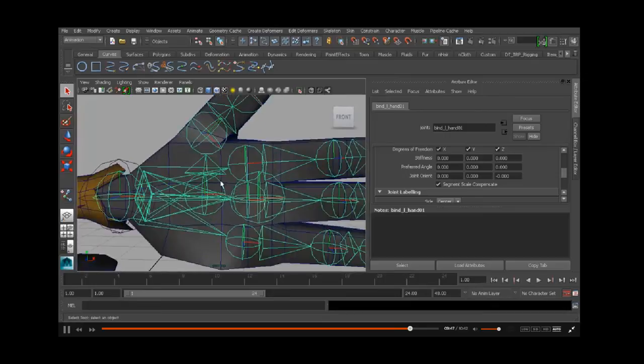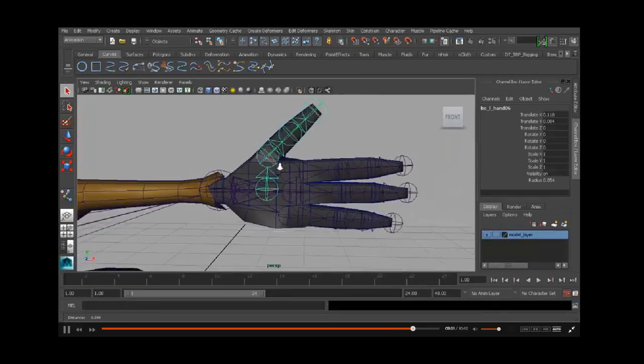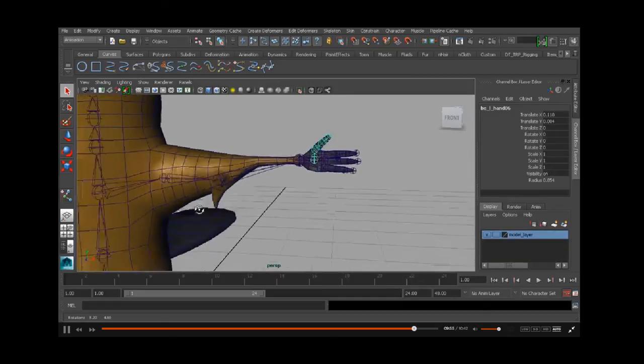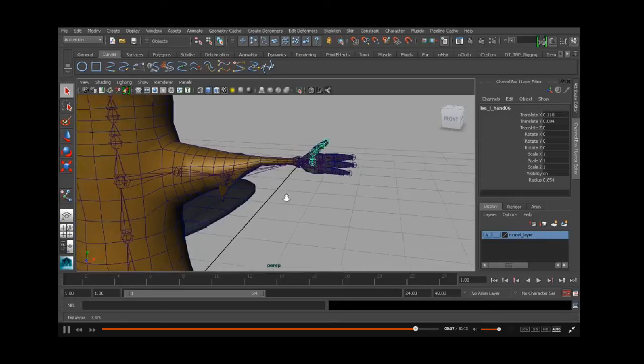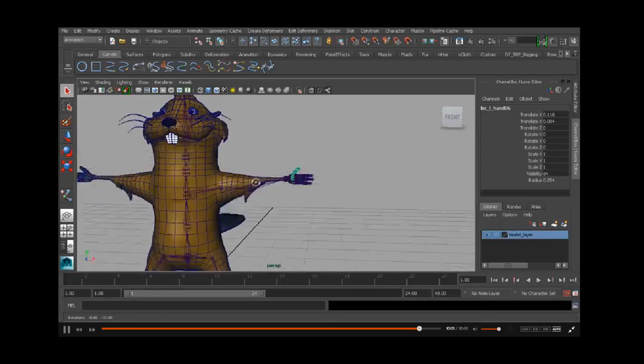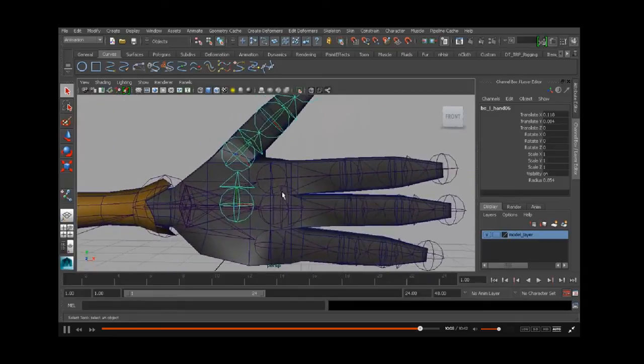Alright, but now it's time to basically go in and rename our joints, and that's going to be it for this lesson. In the next lesson, we'll mirror our chain across, and we'll also create a chain for the tail. And once we're finished with that, we'll be ready to skin our character. So again, I'll go ahead and start